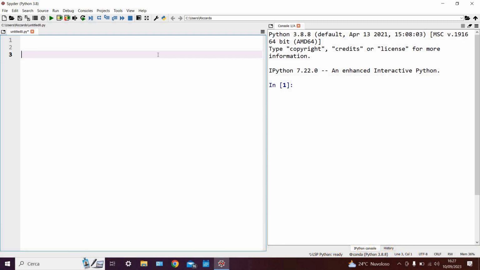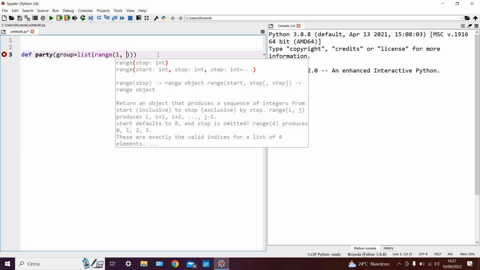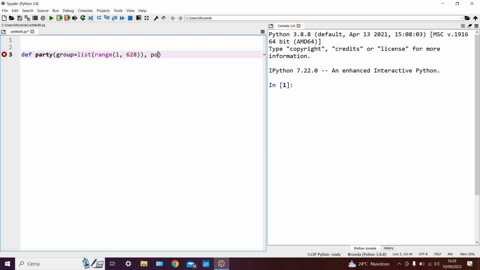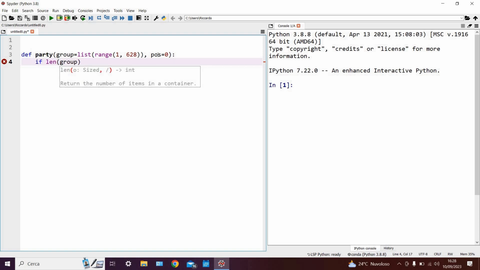We can start off by defining our function and calling it party, for example, and then by saying that group will be equal to list range 1 to 628, and then giving it an argument, which is position, and setting it equal to 0. Then we can say that if the length of group is equal to 1, then return group, because we've reached